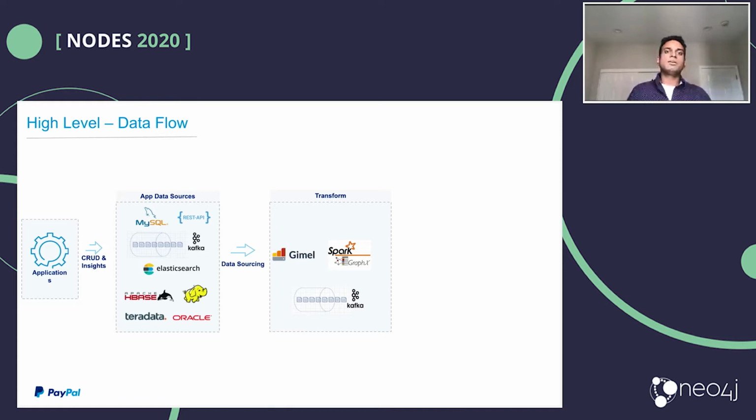While on the sourcing side, we are tapping into Gimel, which is our own product, homegrown product. Gimel's core capabilities to abstract data access. Regardless of which type of source an application is working with, when it's coming to big data, Gimel should be able to tap into that with a unified API so that the problem of working with multiple sources is solved by Gimel, while the application can focus on business logic.